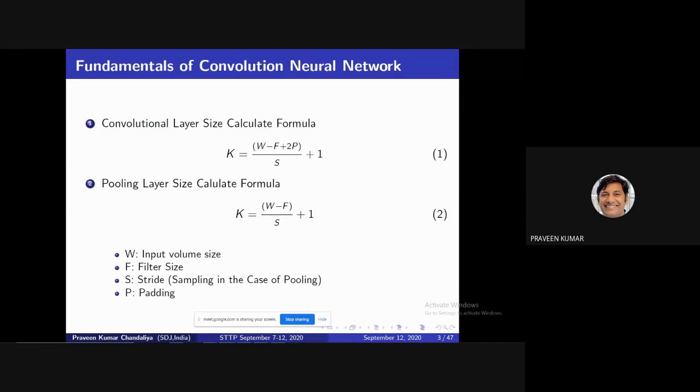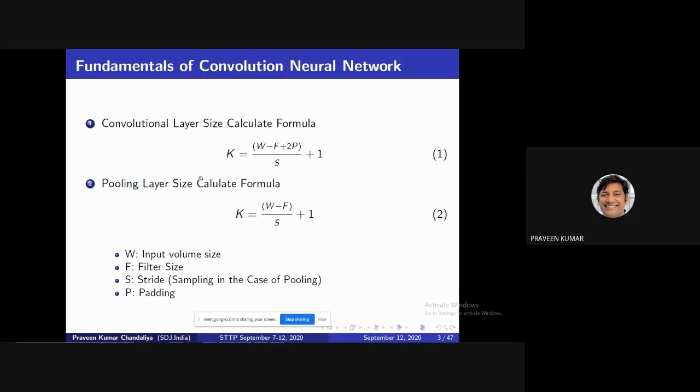Mostly you are familiar with convolution and pooling layers and then the fully connected layer. Whenever you develop any model based on deep learning, in the present scenario there are 2 main layers, convolution and fully connected. Convolution and fully connected layers have the parameter learning concept. What is the parameter learning concept? It means the weights and biases are updated in the fully connected layer and convolution layer. But in the pooling layer, parameters are never updated, meaning parameters are never learned.